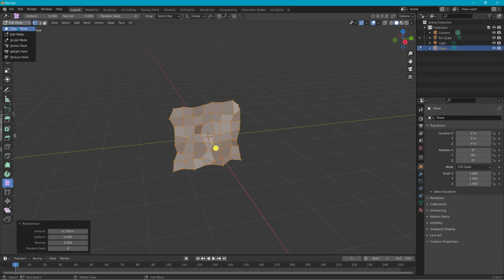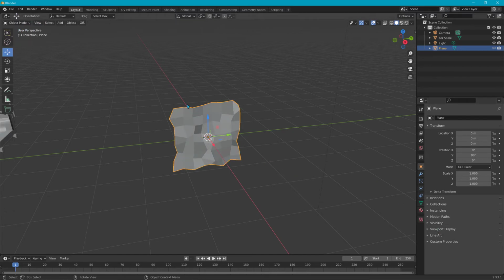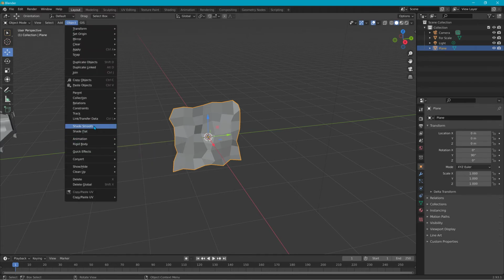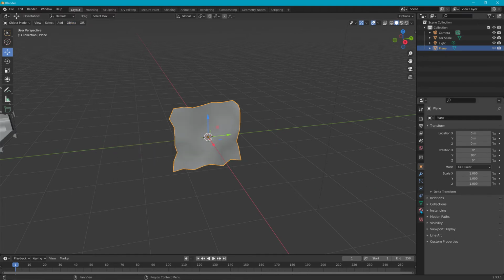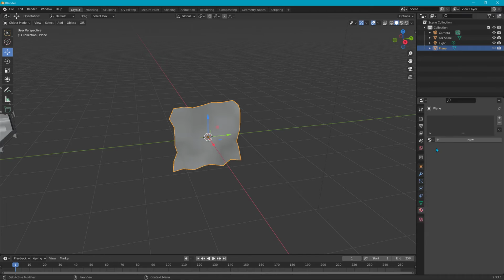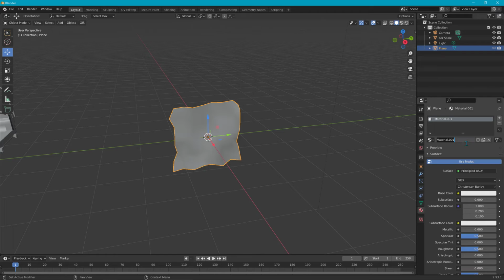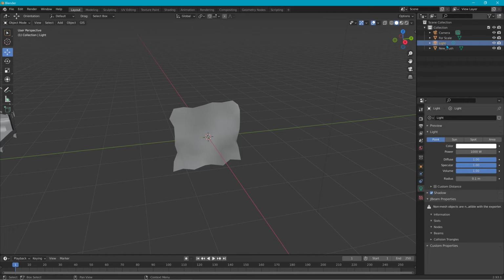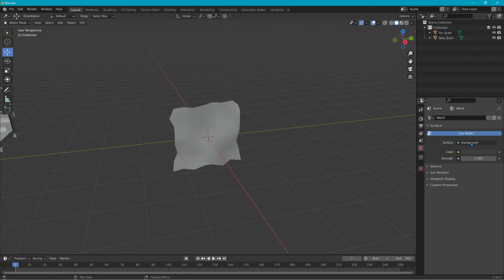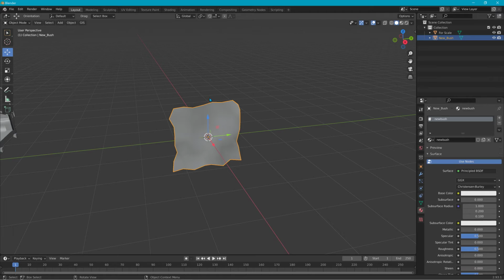Now we're going to get out of edit mode, go to object mode, go to object and say shade smooth. Now over here in the material properties, we're going to give it a new material. We're just going to call this new bush, and name the item new bush. Go ahead and delete the light and the camera. Now with new bush selected,